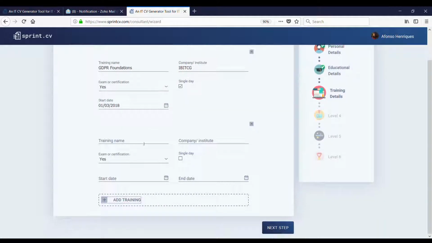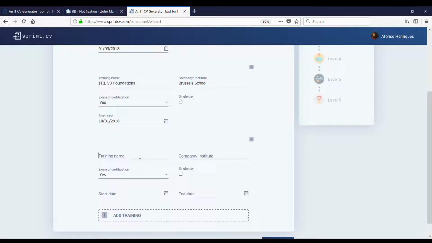I have done as well the ITIL V3 Foundations at Brussels School. It had a certificate, was also one day. That was on 10 of January of 2016. I've done the Prince 2 Foundations as well in the same place, Brussels School. It had a certification, was one day, and it was